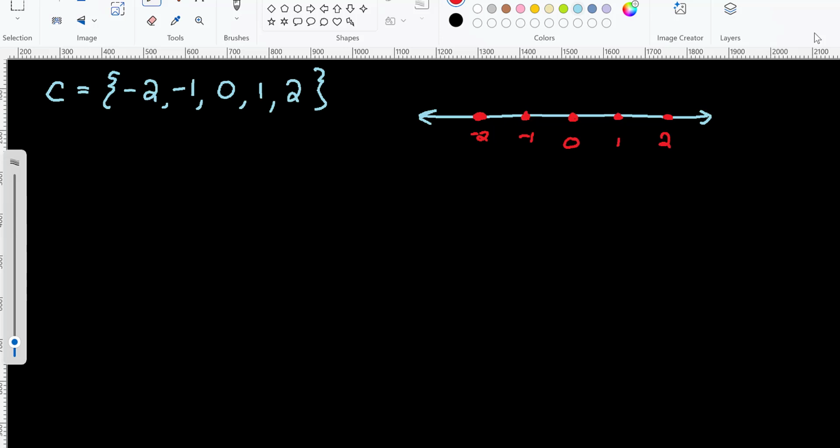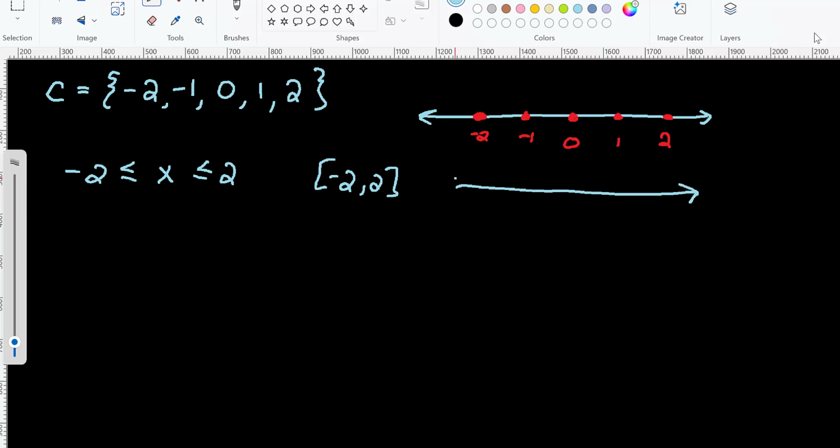Now, I want to contrast this with something like an interval. So some people said, oh, well, maybe we could represent this with an interval, -2 less than or equal to x less than or equal to 2. This is a closed interval. I can also represent it with the closed brackets. And on a number line, that would look very different. That would look like